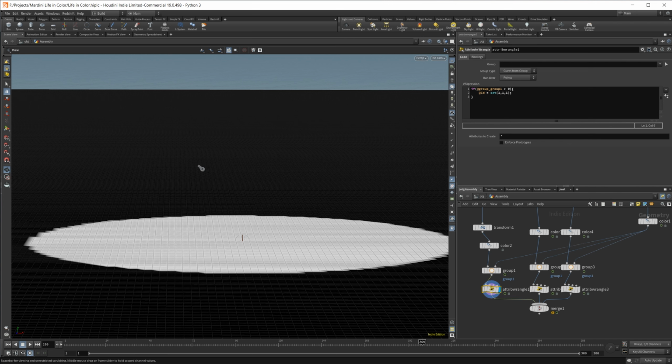And so this is going to be assigning the color, basically the mask of our material. So we'll take a look at the shader here in a second, but it's a pretty simple attribute wrangle. We just have our group within an if statement. So if our group is basically anything other than 0, which it's going to be either 0 or 1, if it's included in the group, so everything that you see that's white is going to be 1, everything that's black is 0. So we're checking for